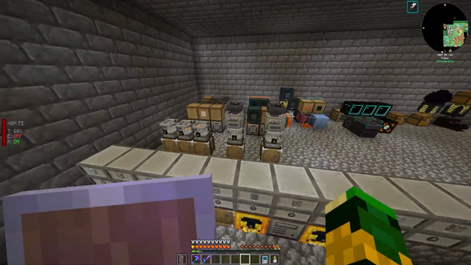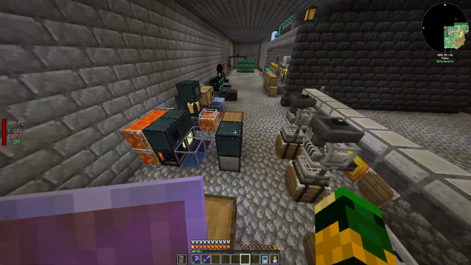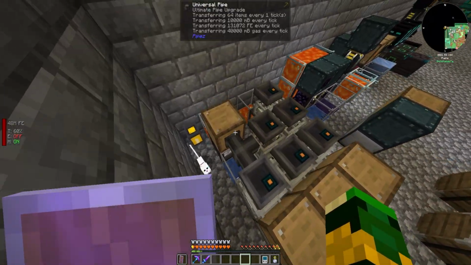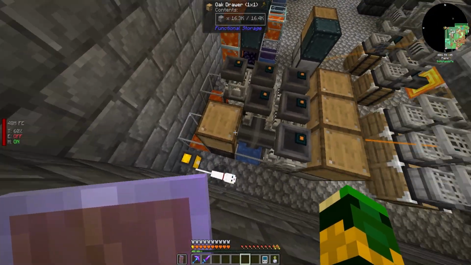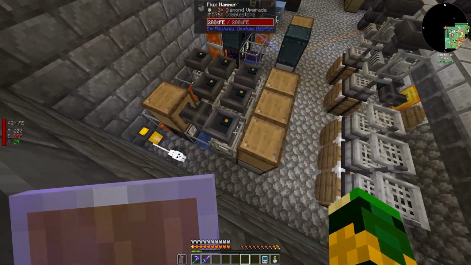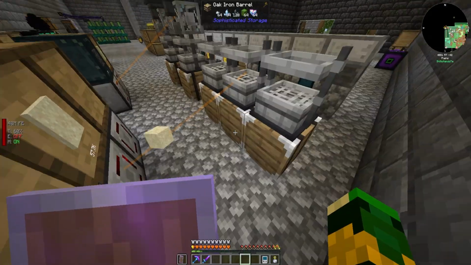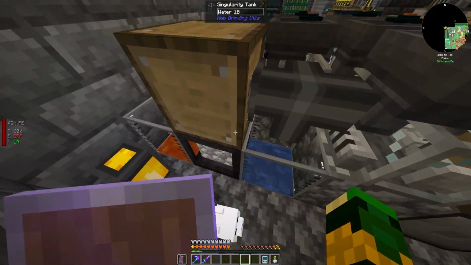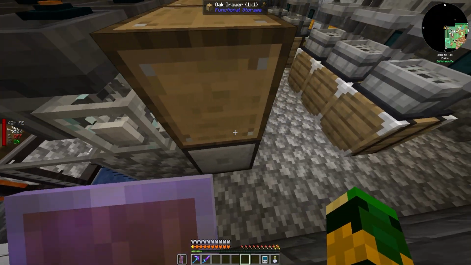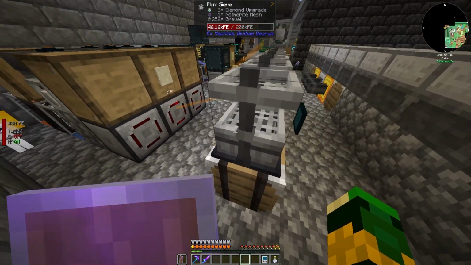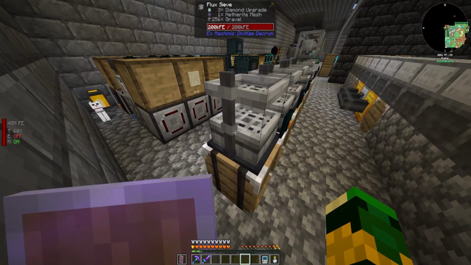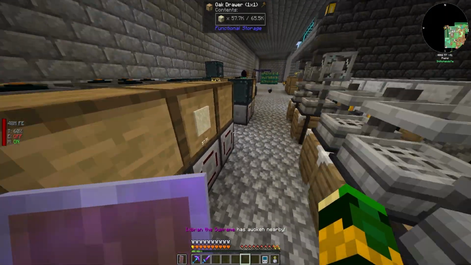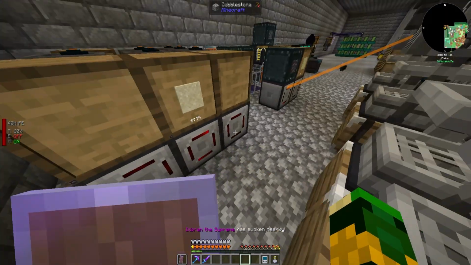The reason I want to do that is because we are starting to see a little bit of stuttering from the amount of machines that are in here. So I want to start getting rid of some of this stuff. Now that we have infinite gravel, we can actually just bypass. We don't need any of this all the way back to here. We can get rid of it, and we can just start pumping the gravel directly into the sieve right here, right? And same thing with the sand. We can just pump the sand directly in there.